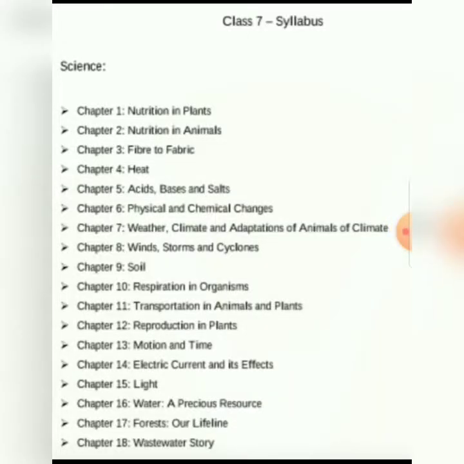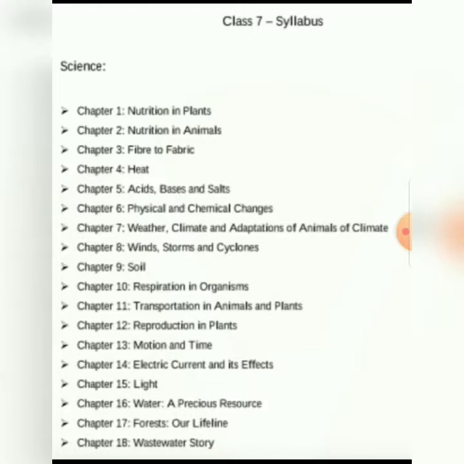Students, this is your syllabus. There are total 18 chapters. Chapter number 1 is nutrition in plants, chapter 2 is nutrition in animals, chapter 3 is fiber to fabric, chapter 4 heat, chapter 5 acids, bases and salt, chapter 6 physical and chemical changes, chapter number 7 is weather, climate and adaptations of animals to climate, chapter number 8 wind, storms and cyclones, chapter number